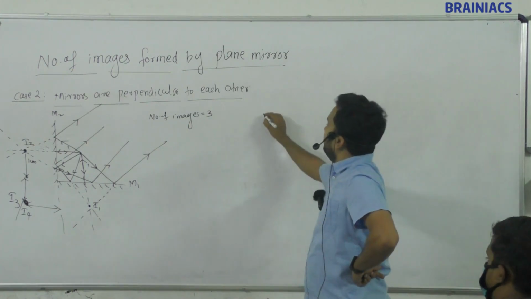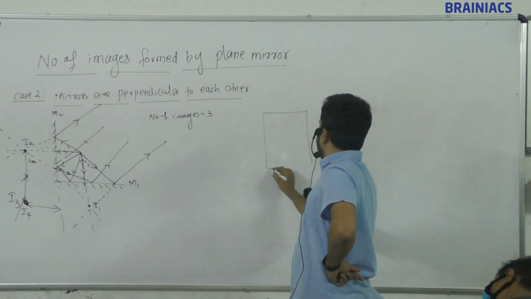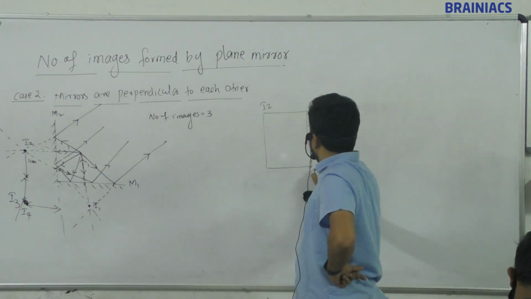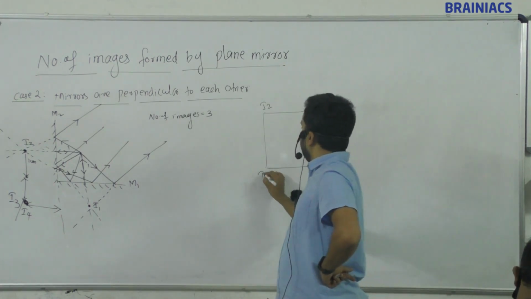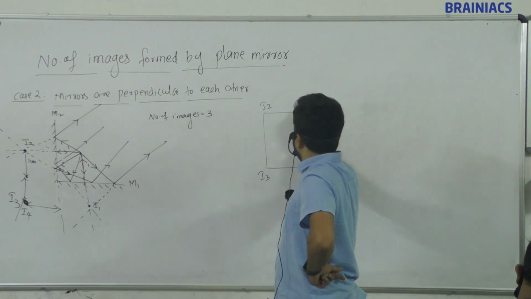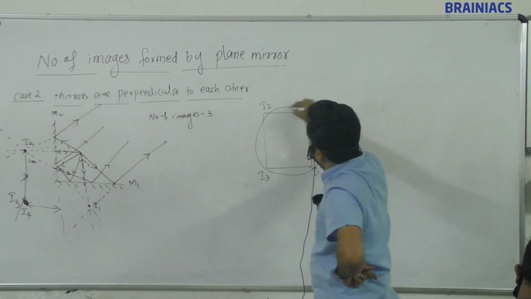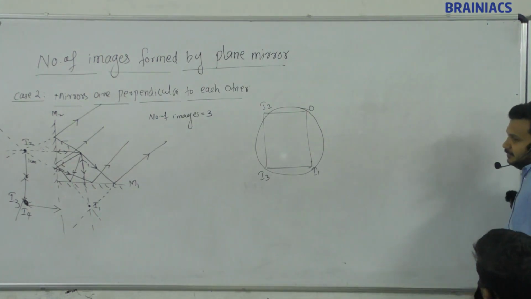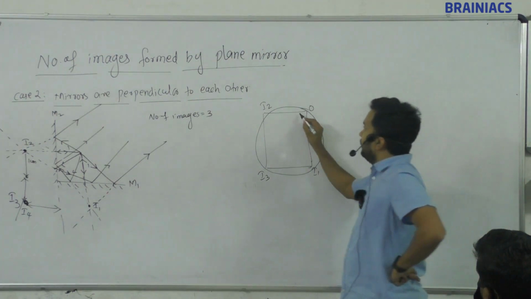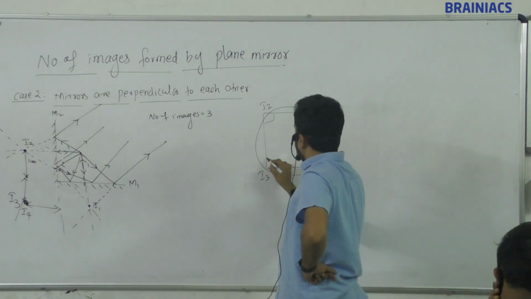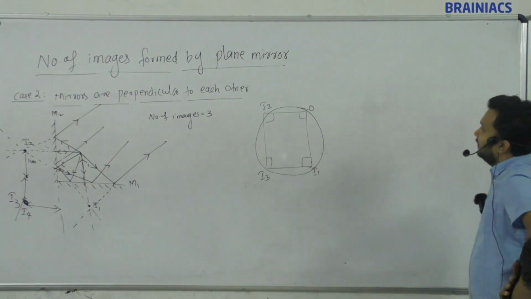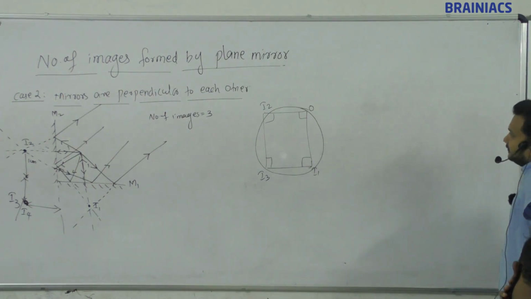Okay, for example, if I draw a rectangle like this, object, I2, I1 and I3. Now I'll connect this with a circle. Now I know each will be 90 degree, 90, 90, 90 degree. Okay, so now